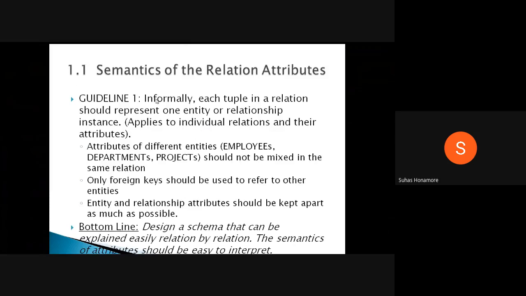Okay, so here the first one is semantics of relational attributes. Whenever you are giving a relation name, that is, a table name, or any attribute name, it should be a valid one, so that after reading it you can identify which kind of entity or which kind of relationship is there. So whatever name we give should be a proper name, and we have to make sure that